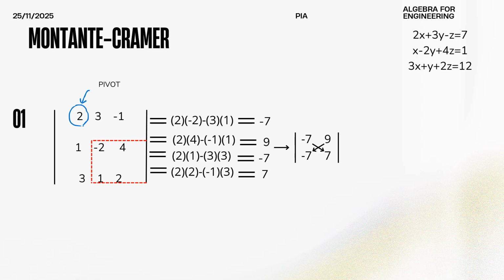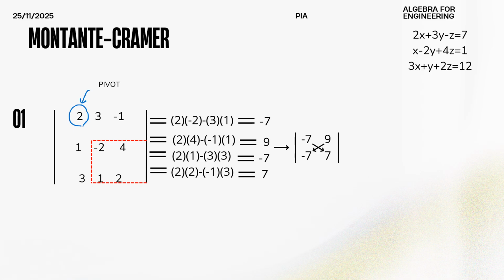Then we'll get the only two numbers that are outside the box that are in the same row and column as the box's number we just chose and multiply them as well. And with these two new values, we'll subtract them and get our new digit that will be placed in the same row and column as the number we chose inside the box, but in a new 2 by 2 matrix. Maybe this was a bit hard to follow, but as our pivot is digit 2, we'll multiply it by